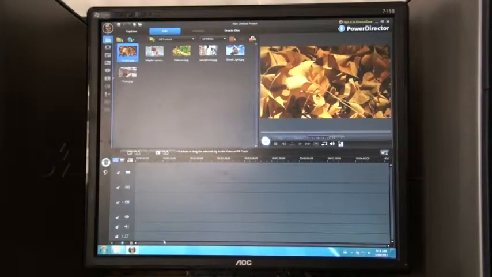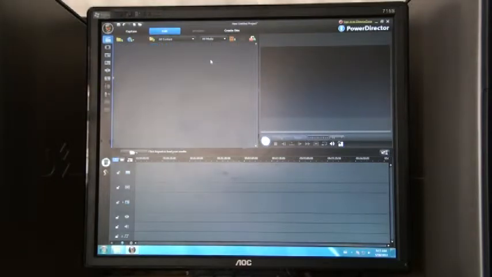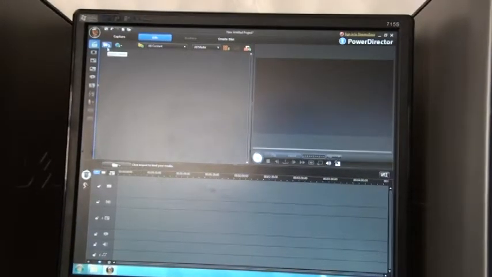When I first open up Cyberlink Power Director, this is what I'm going to get in the window. It has a movie clip or two and some still shots, no music, but it's all here. And what you want to do to begin with is drag your cursor across them all so they're all highlighted like this, and then delete them. So once I've deleted everything from the